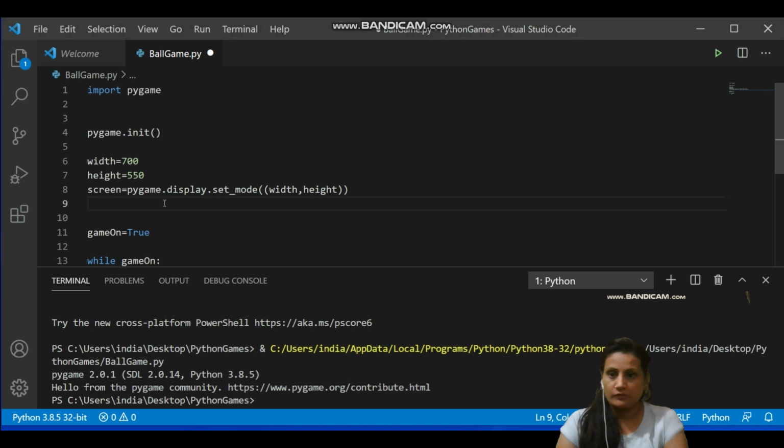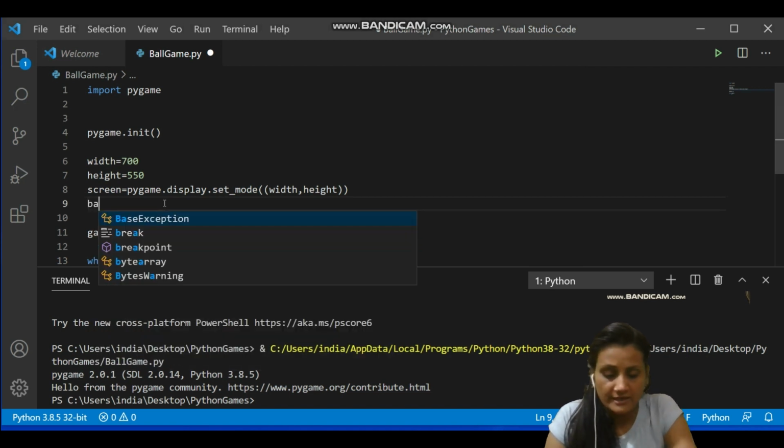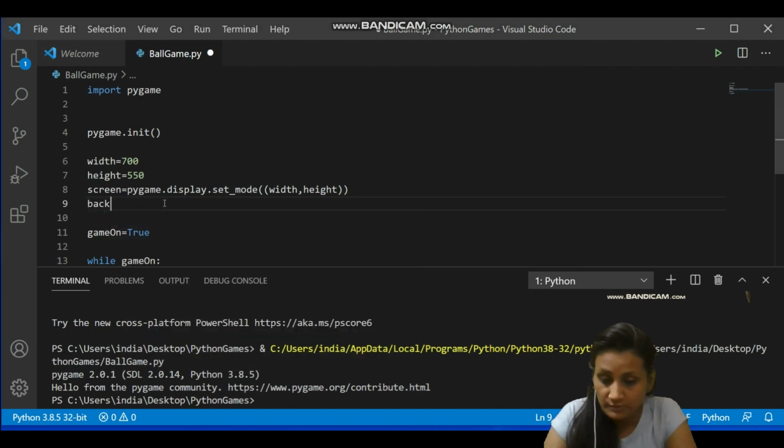For the background, as I always told you, we work on a variable. So I'm deciding a variable background. Now here also we have to tell Pygame to do the work. There are two steps for loading any background. First, the image of the background is loaded, and then it is blitted.